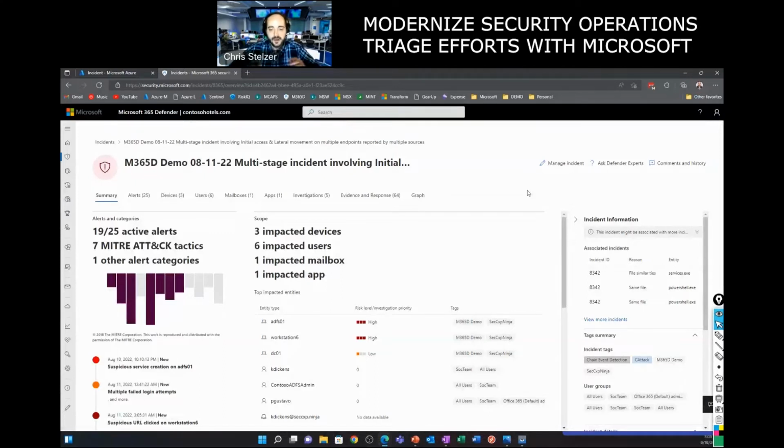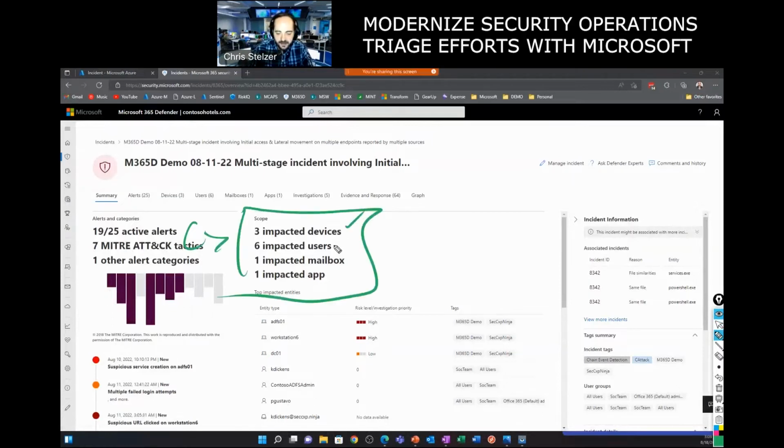In order for us to automate or execute SOAR, we need to understand what we're executing actions against. And that is ultimately what we refer to as entities. I want to perform some type of SOAR action on a device, on a user, on an email message, on an application, on an IP address. So I need these types of entities in my SOAR platform so I can know exactly where to execute my SOAR actions.